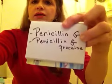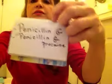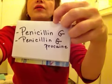And what my vet does, they just give a long-lasting injection of penicillin. I think it lasts for maybe up to a week. I'm not sure about the duration, but he calls it a long-lasting injection. And here is the name of that. It's penicillin G. Now, this is what my vet uses in particular. And penicillin G procaine is kind of a 2-in-1 type of mixture. But you can't